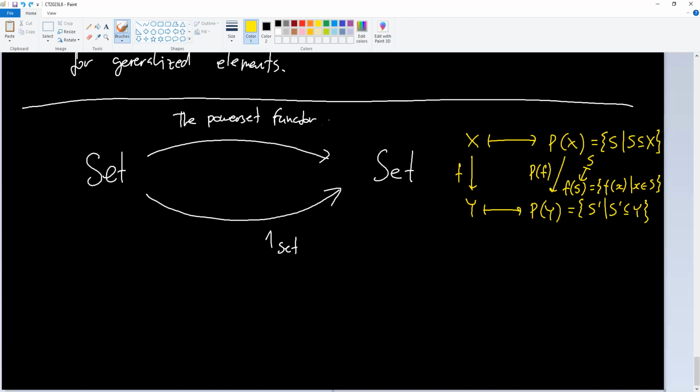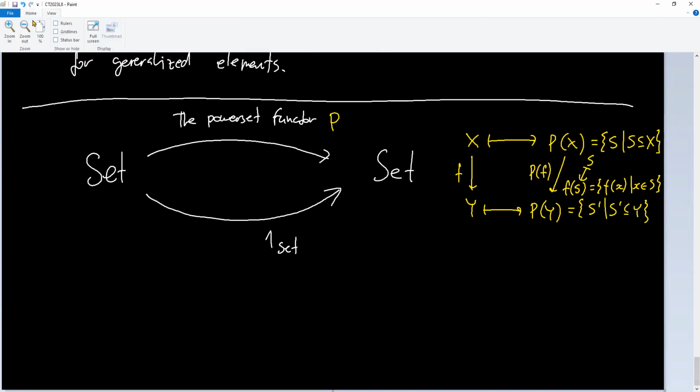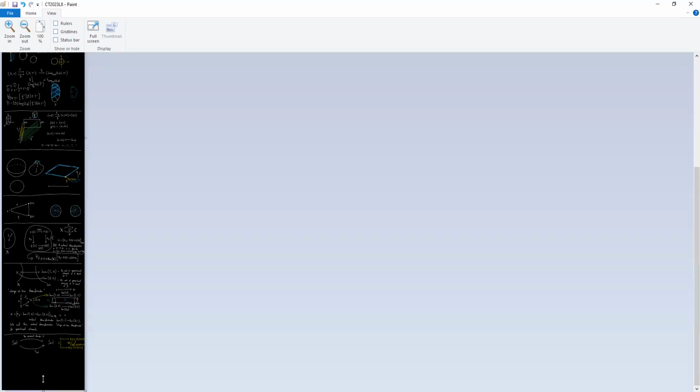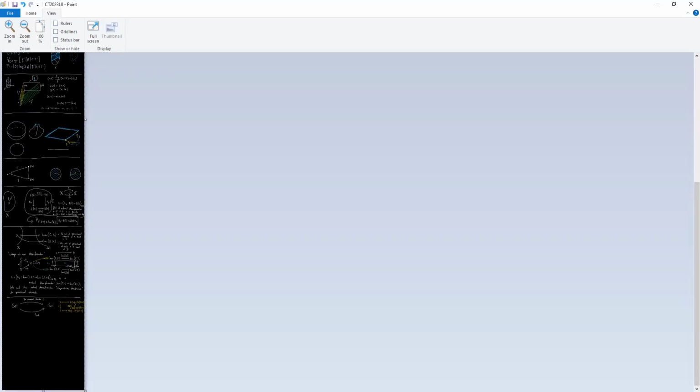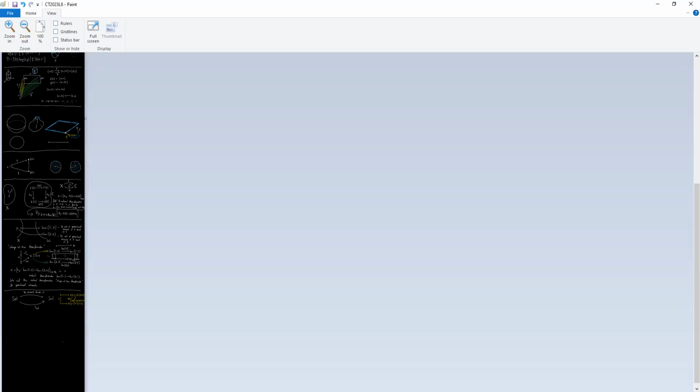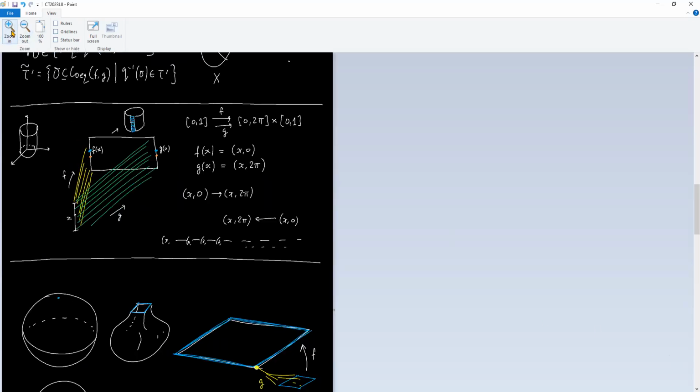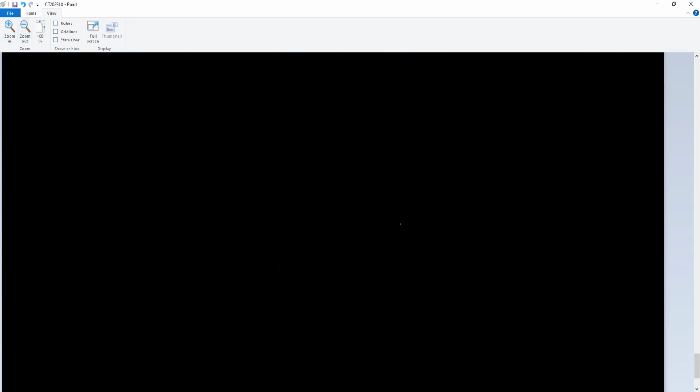Let me call this thing here P. And we're now going to build a transformation from the identity functor to the power set functor. Now, in nature, natural transformations arise by observing that there is a kind of natural way of relating the values of one functor with the value of the other functor, something that works for every X. And then if it is really natural in the sense that you feel like this should work for every X in a kind of uniform way,